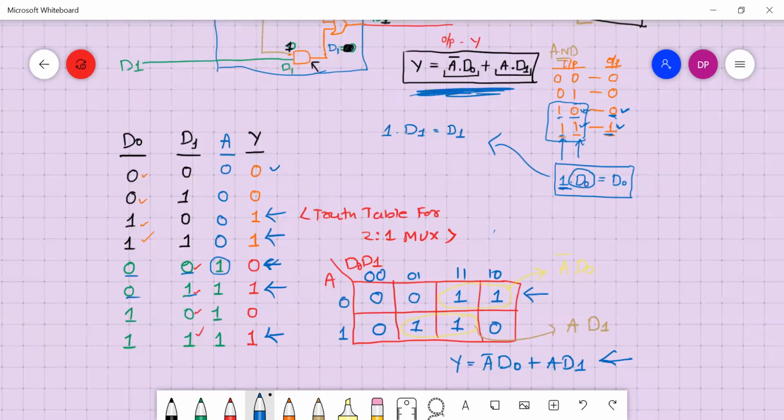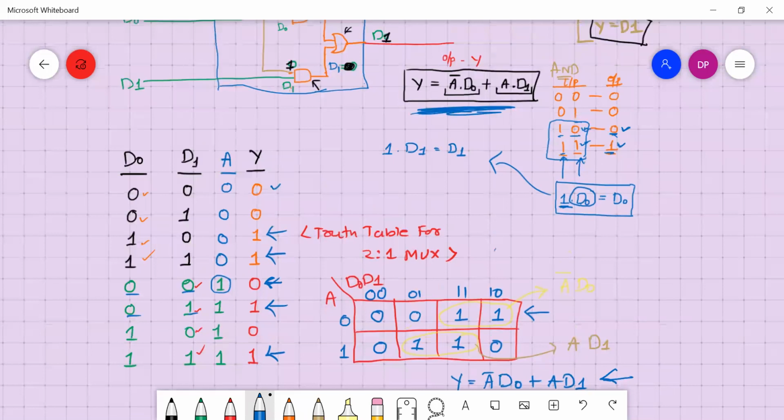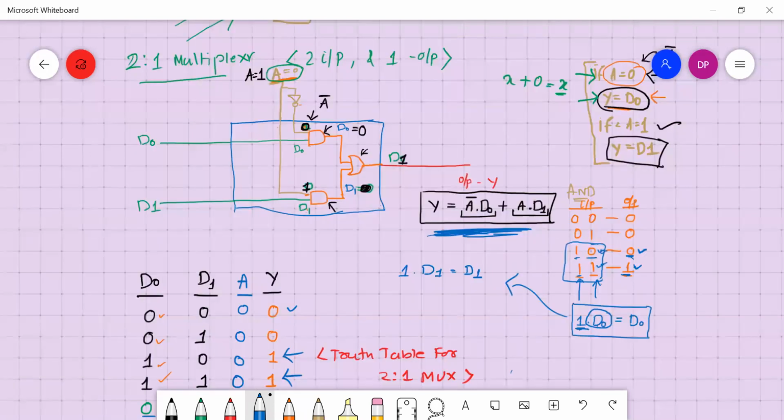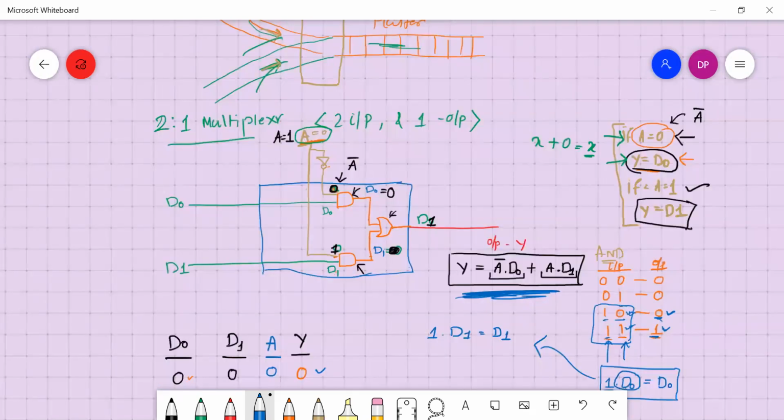For the 2:1 mux design, we have this figure, and with the help of two AND gates and one OR gate, we were able to design the 2:1 mux. So how to design a 4:1 mux, a 4-input, 1-output multiplexer? Let's do that.